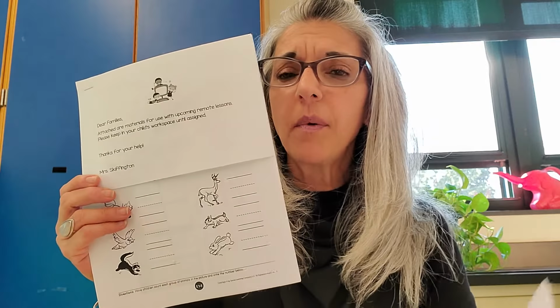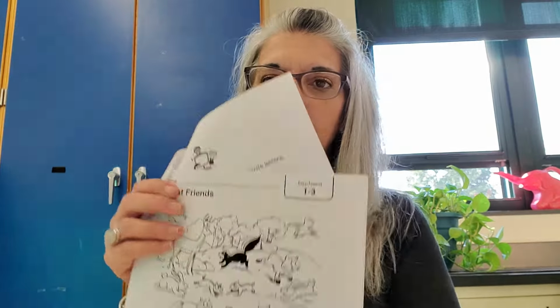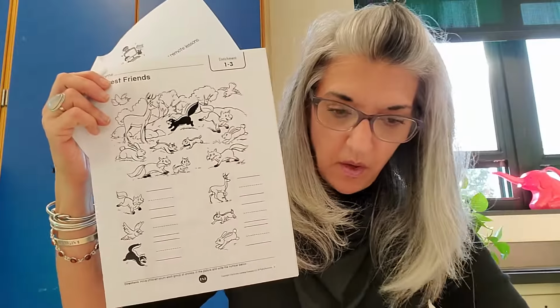Your choice activities, which are down the bottom part of the choice board, you will need this packet that went home that looks like this. Some Cohort C people, it will look like this because Cohort C does their weekend share at home, but that's the only difference. Everything else is the same in here. So one of your other choices is this page, Forest Friends, and I'll show you it's also in this packet. So underneath the weekend share,